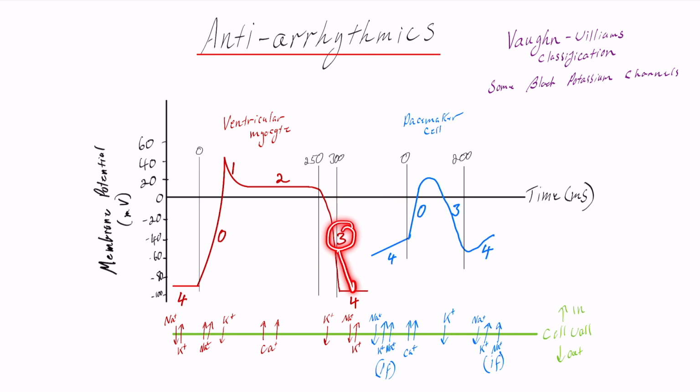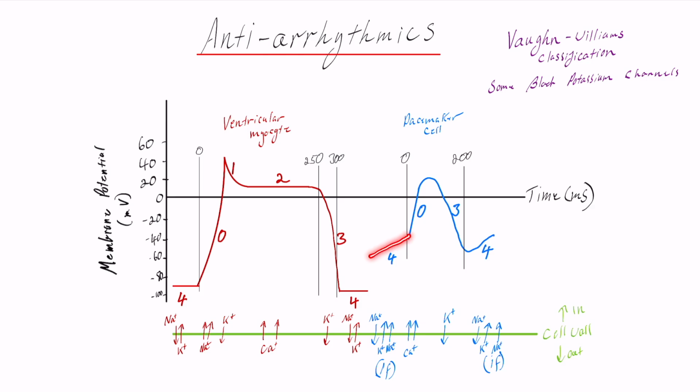After phase 3, we go back to phase 4, and again, this is essentially just resting membrane potential, which is sodium moving out and potassium moving in due to the sodium-potassium ATPase. Now, if we talk about the pacemaker cell, this is very different, as it has a phase 4, and phase 4 also has sodium out with potassium in through the sodium-potassium ATPase. However, the membrane is quite leaky to sodium, and you have what's called the inward funny current, which leads to this constant leak of sodium into the cell,